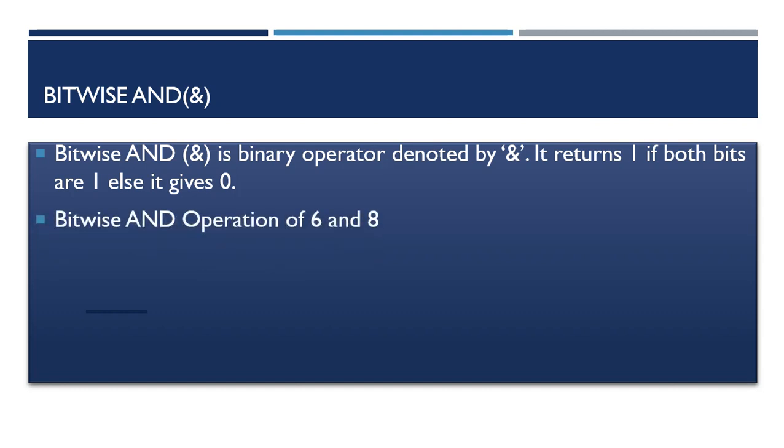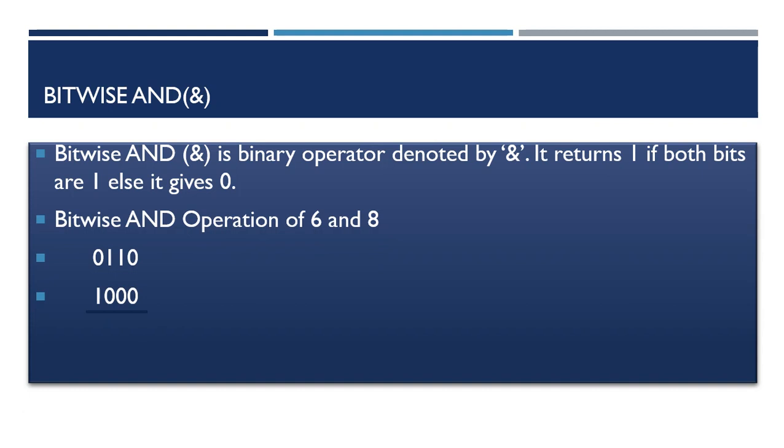Let's see an example. We have two numbers, 6 and 8. First of all, we need to convert these numbers into binary. The binary number for 6 is 0110. I'm using only 4 bits here so our example remains simple. The binary number of 8 is 1000. And after performing the AND operation,